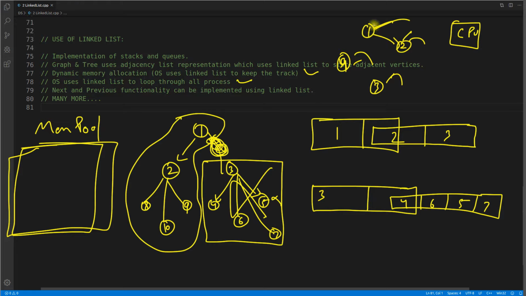It will give maybe some memory cycles here, some memory cycles here, some here, some here. So you might have seen in older days, if you are an old school guy, if you were opening so many applications on your computer, where computers were not having much memory space, your computer would eventually become very slow. Even nowadays you will experience that. Okay, so that is the reason the CPU cannot loop through all those applications very quickly, because there are so many